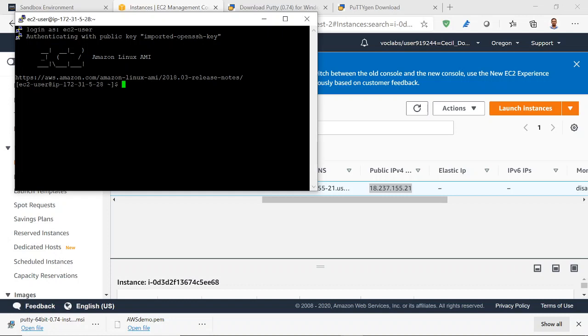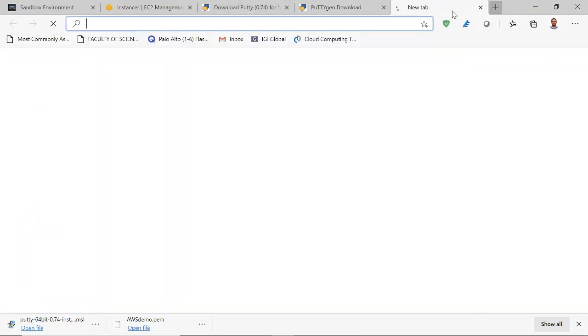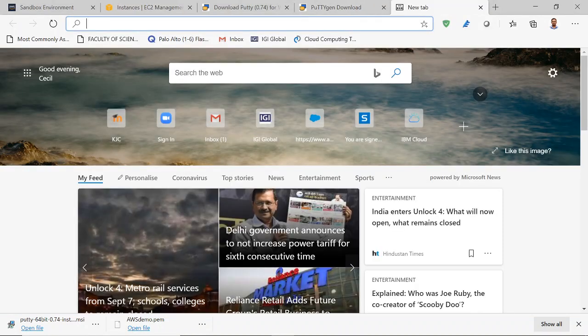And here you can see the name of the instance we have used, EC2 instance, Amazon Linux AMI, Amazon Machine Image. So this is one way of viewing it in your Linux terminal. And in the same way, we have already copied the IP address.